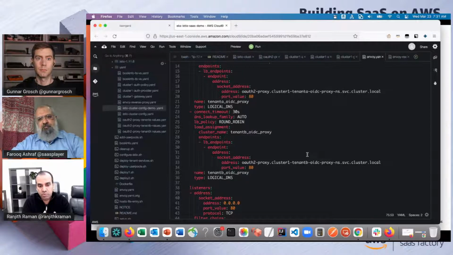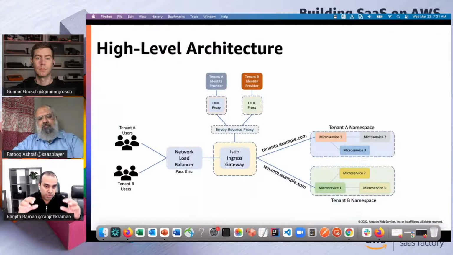We didn't want to share a single proxy. If you go back to your diagram, you can see that right after the Envoy reverse proxy, you have a separate OIDC proxy for every tenant, so that we have sufficient isolation there.